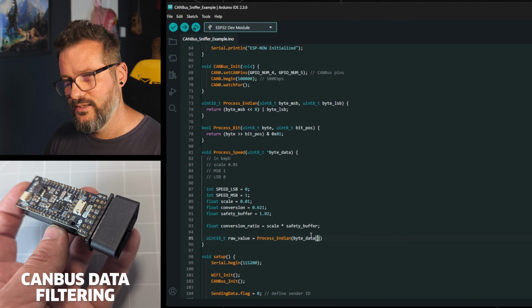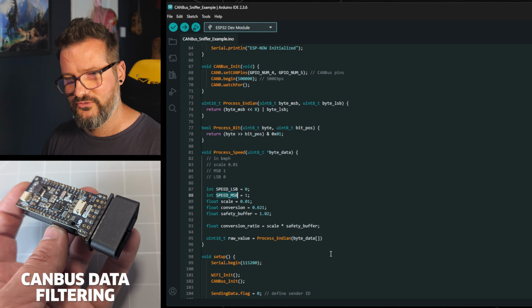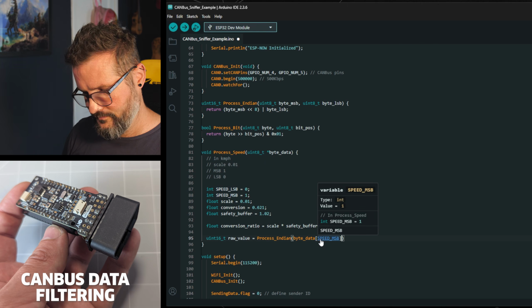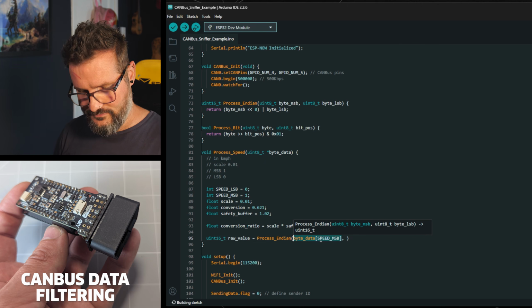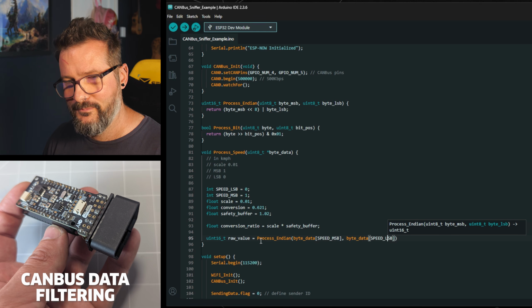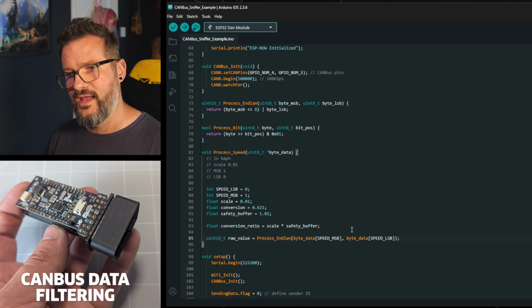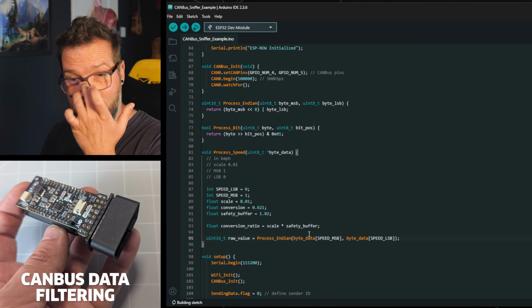And then in square brackets, the position of that most significant byte. So 1. And then the same again, the least significant byte. So we're going to get back from this process endian the value of this endian swapped, if necessary, pair of bytes. We've not worried about converting it, or about the scaling factor or the safety factors or anything like that. This is just the raw processed data that's coming from the car, which is why we keep it a bit